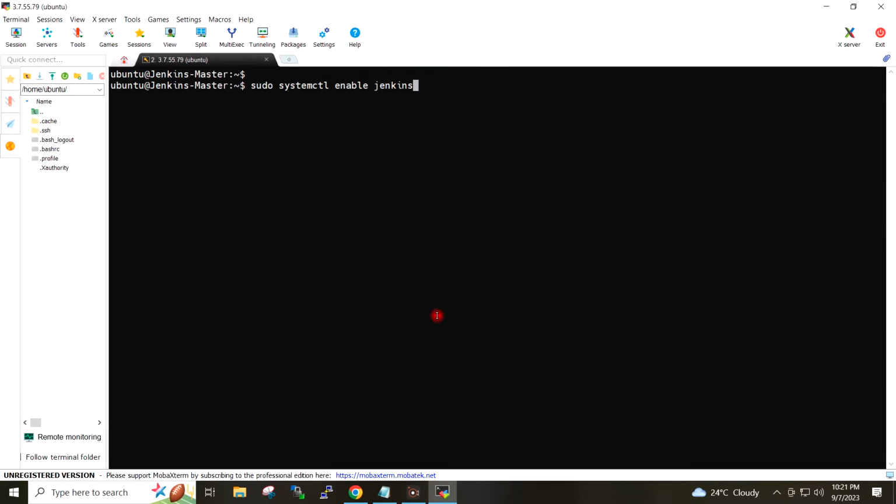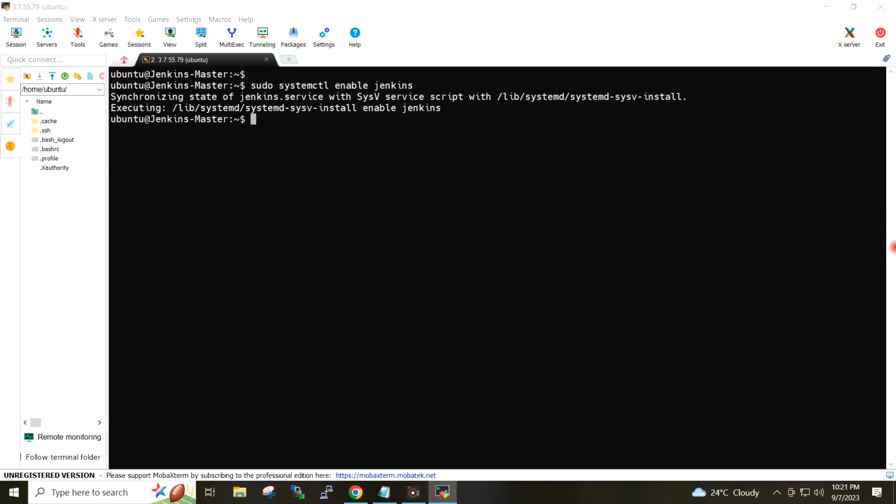This command will enable the Jenkins service to start at every boot. I will now give the command to start the Jenkins service.